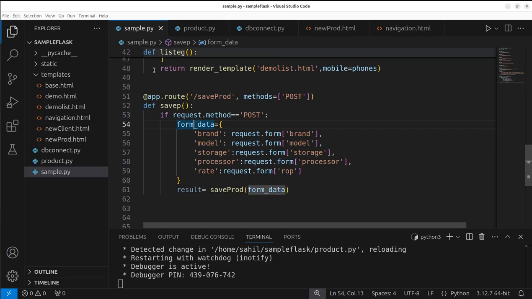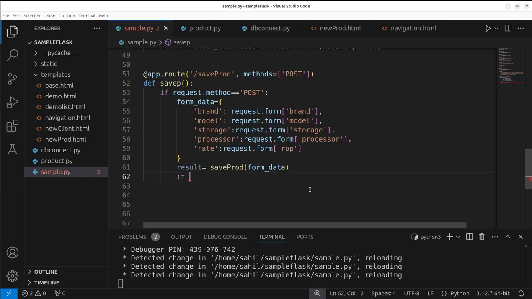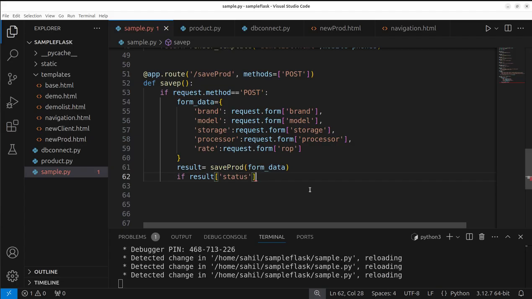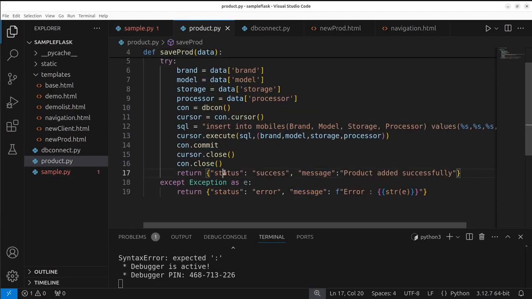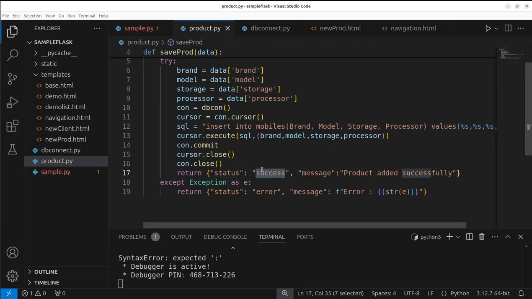Now this thing is coming to your result. The result is your key value pair. Now we'll update this key value pair like this. If status of result is equal to success, this is the key status, so we kept the same status. If this value is equal to success,